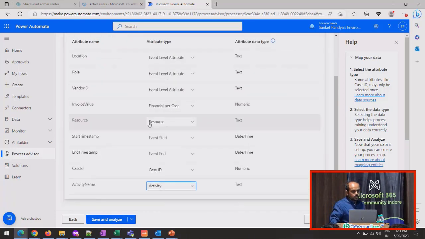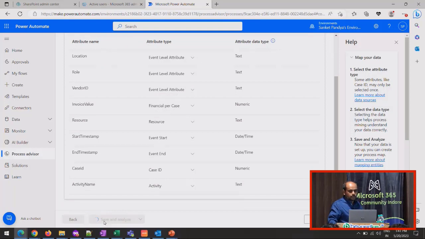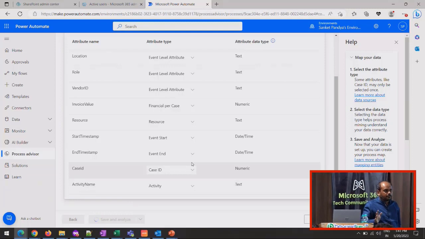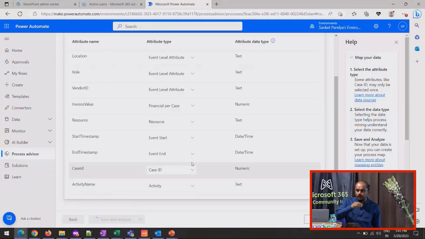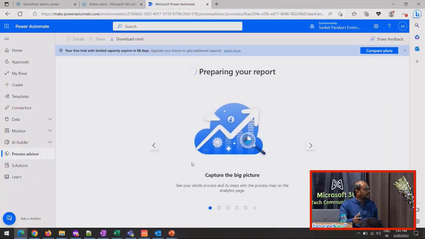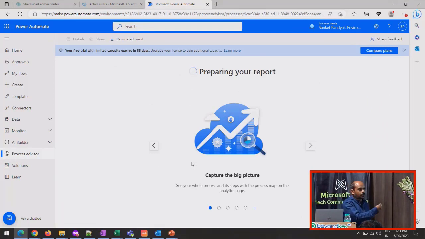there. So now I'm just going to save and analyze, and it will do that process in the backend. We don't need to do anything. It will generate the entire report for me. It's that simple, and that's why we are emphasizing more on low code no code platforms, and that's the actual power when we are talking about speed. It will take a couple more minutes to generate,